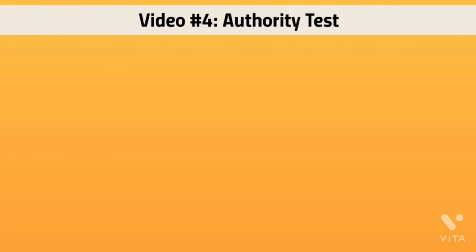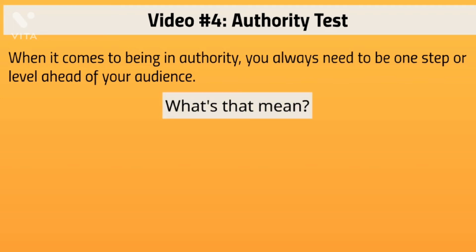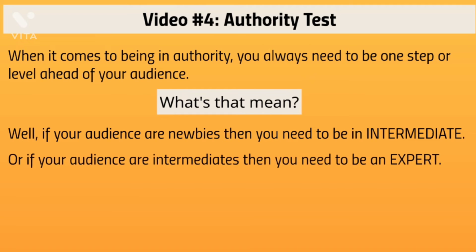Hello and welcome back to video number 4. This is the authority test. When it comes to being an authority, you always want to be one step or one level ahead of your audience. What do I mean by that? I mean, if your audience are newbies, you want to make sure that you are at least in the intermediate level. Or if your audience are intermediates, then you need to make sure that you are an expert in that